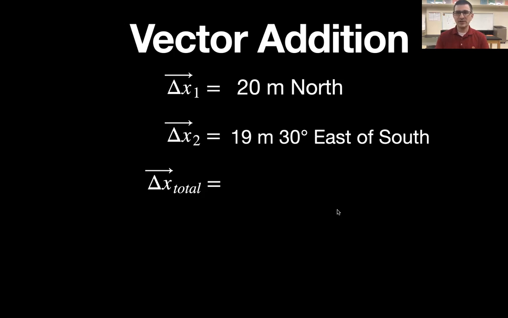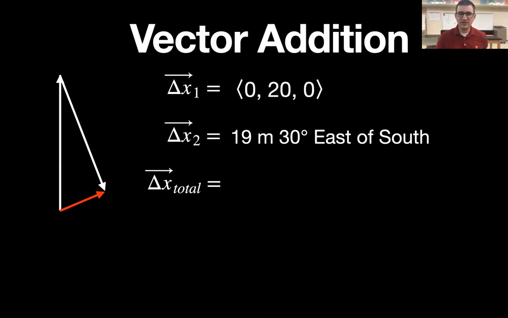So whenever you see a problem like this, the first thing you're going to want to do is make a diagram. So first you go north, then you go a little bit east, and it's asking me for the total displacement. Then, just to make it easier on yourself, you're going to try to rewrite the problem in terms of vector notation. So 20 meters north is really easy, 0, 20, 0. And then 19 meters